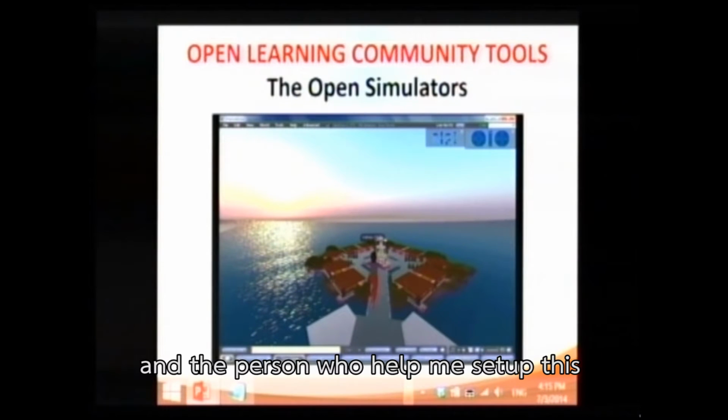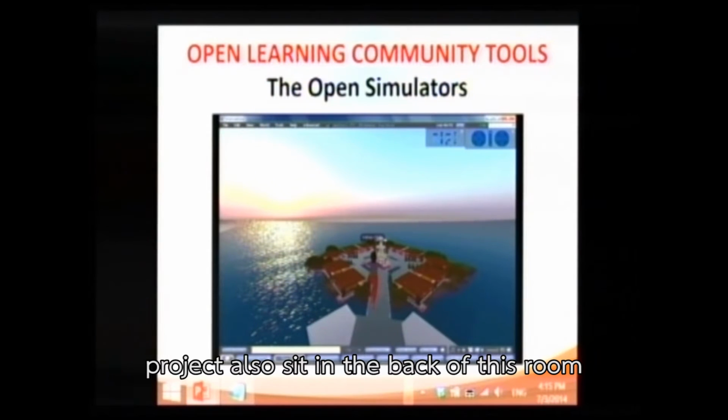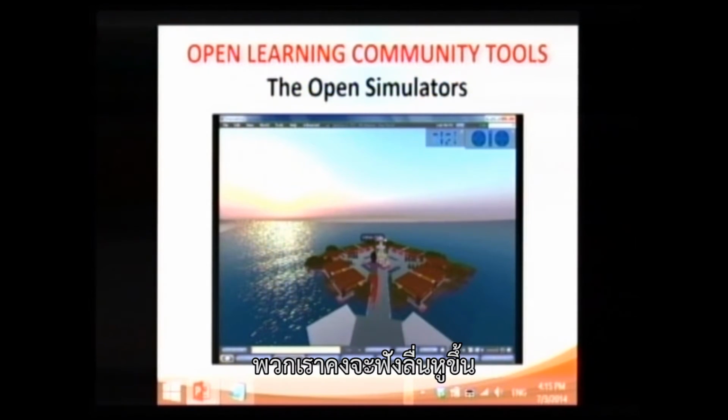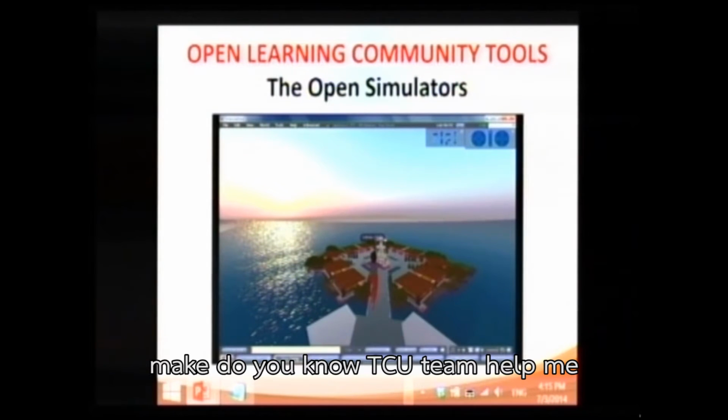Okay, and the person who helped me set up this project also sits in the back of this room, the even more handsome one at the back of the room. So you have to again make a decision about which one. But yeah,